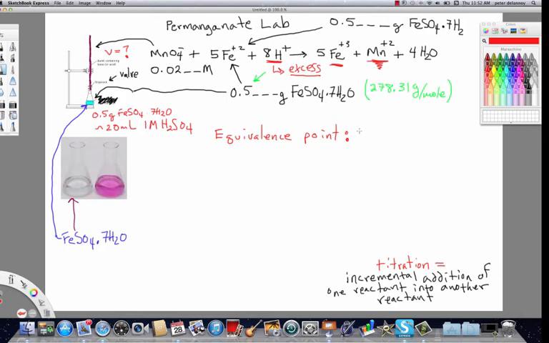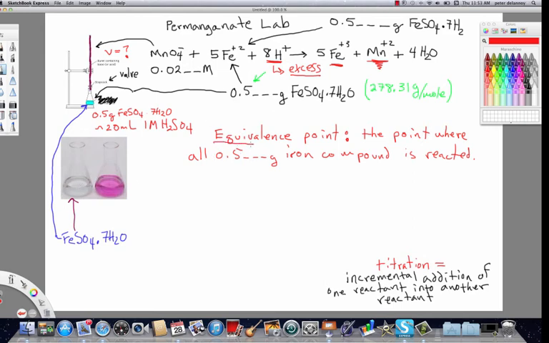So the equivalence point in this case is the point where all of the iron 2 sulfate is reacted. All right, so there's no iron 2 sulfate, there's no iron 2 left in the collection flask